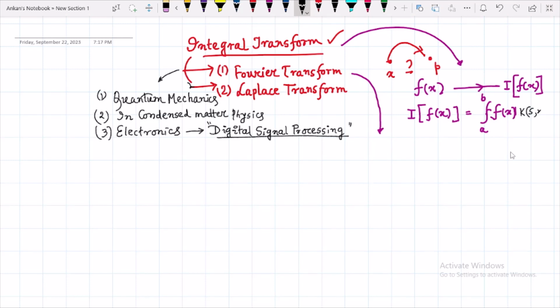K of S x dx. Okay, what is this? If you integrate f(x) dx, simply it will give some area. Okay, not any function at all. But when you multiply this term, it will give you your desired result. It is known as the